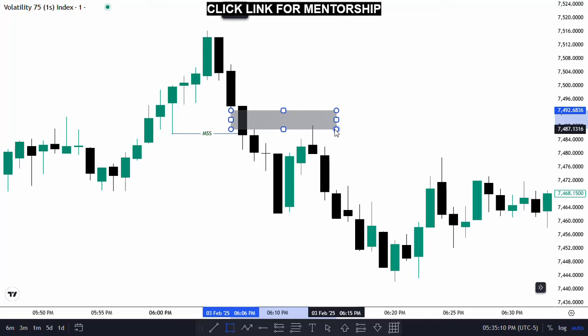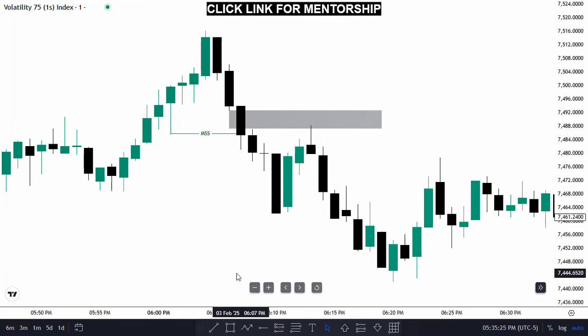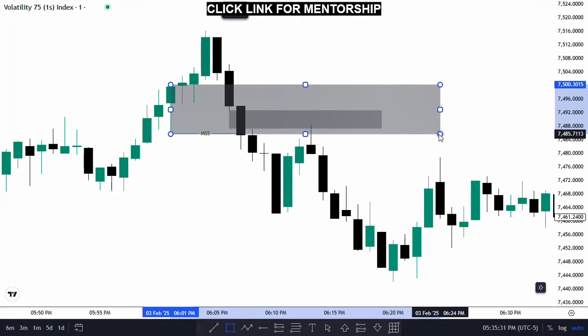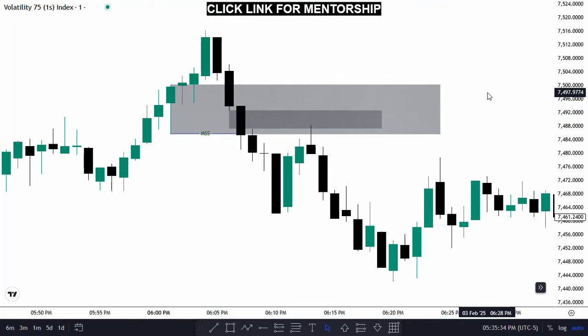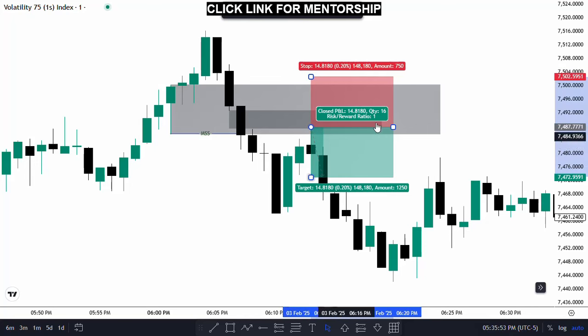Okay, which was tested. Not just an imbalance, the other thing that you have, because it's very risky for you to just be looking at an imbalance, you are going to risk a lot. Okay, you don't just have an imbalance, you also have a breaker block right here. You have this breaker block right here. Okay, and that breaker block, you are going to use it for your stop losses and those things. So you are not going to enter on the breaker block, wait for price to go into that fair value gap, so that when you enter right into that fair value gap and put your stop loss above there,